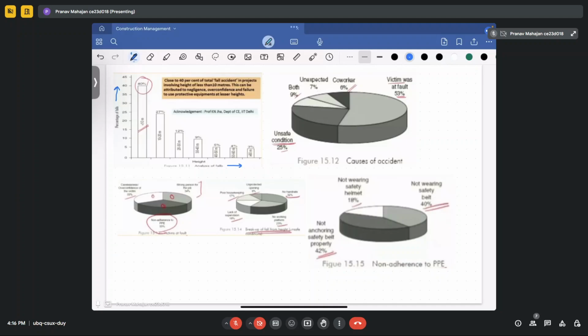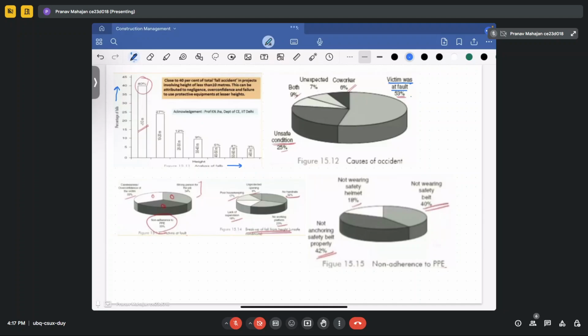However, when the height is very small, say less than 10 meters, they say that we don't require such precautions. We can work in that environment without safety equipment. That negligence will lead to accidents at various sites. So if you see the pie chart, that will tell you that